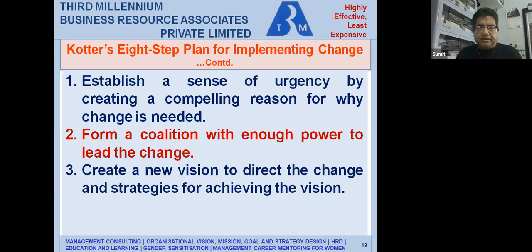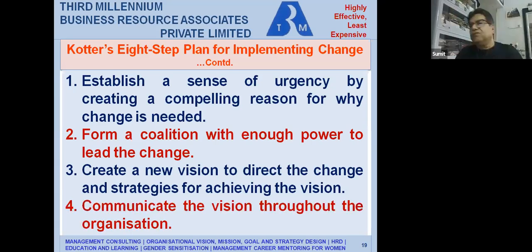So create a new vision and then show them the path to achieve that vision. Vision is a glue that brings people together. It's a common thread that people understand and try to work towards. I want to do something for society. We have set up a hospital to cater to this, and then you are doing so much social service by doing this. That is, create a new vision.